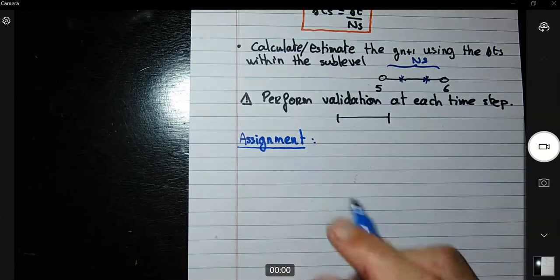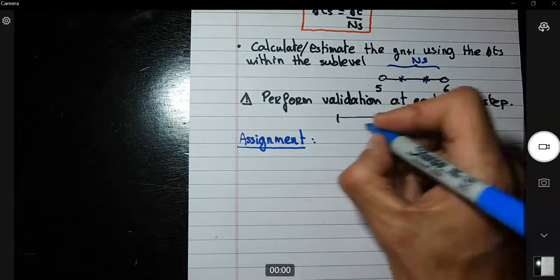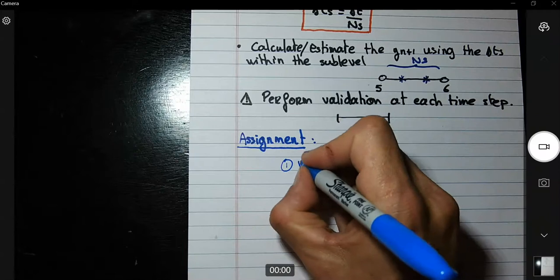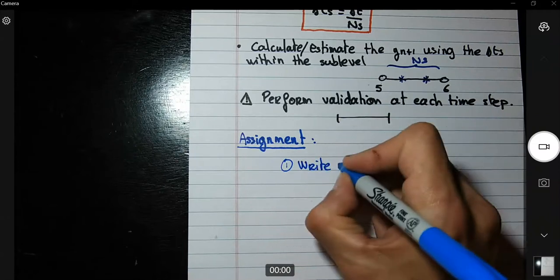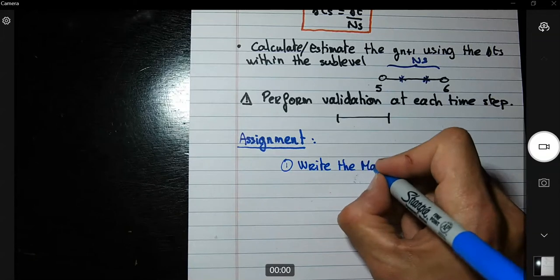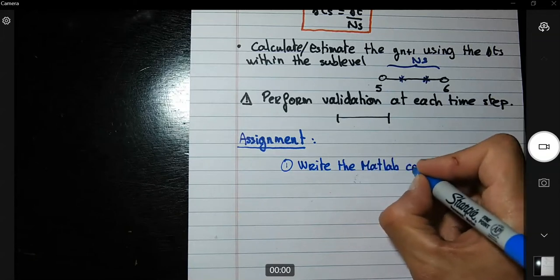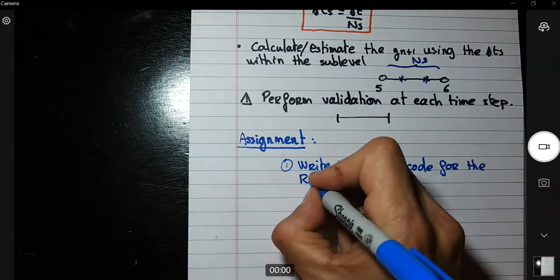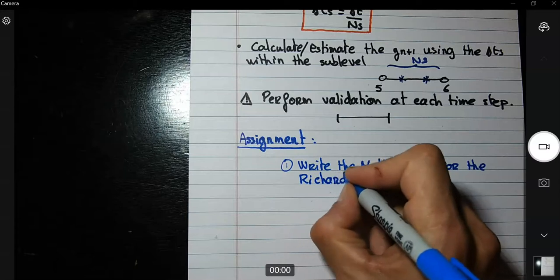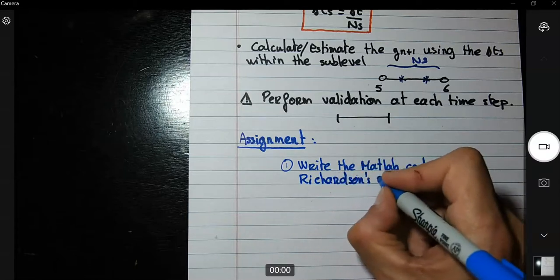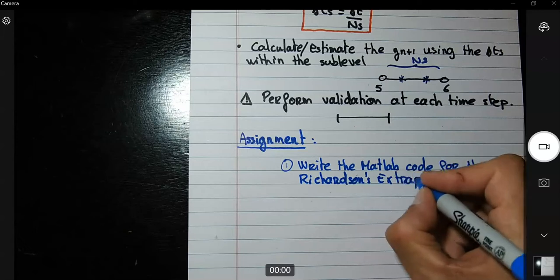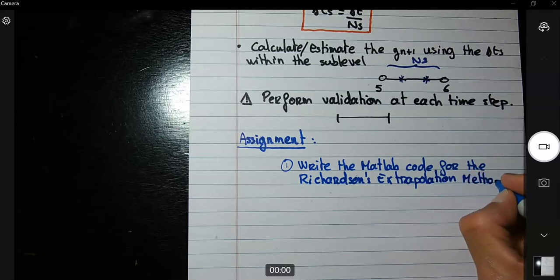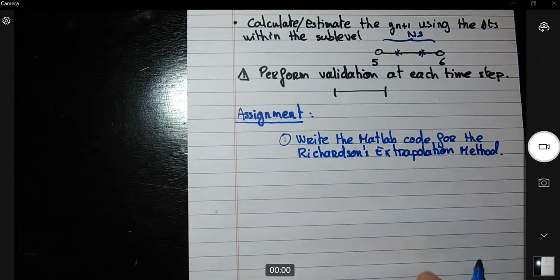The assignment will be a test. First, write the MATLAB code for the Richardson extrapolation method, and 2 will be